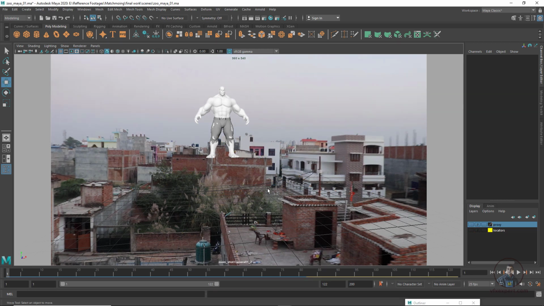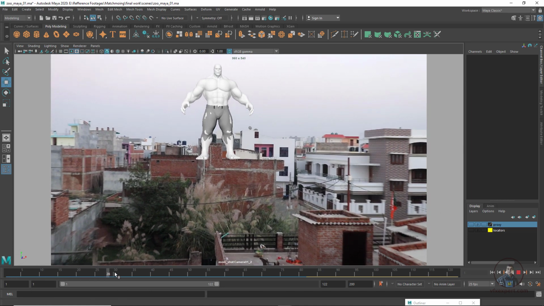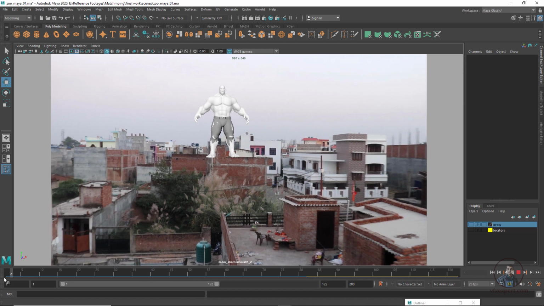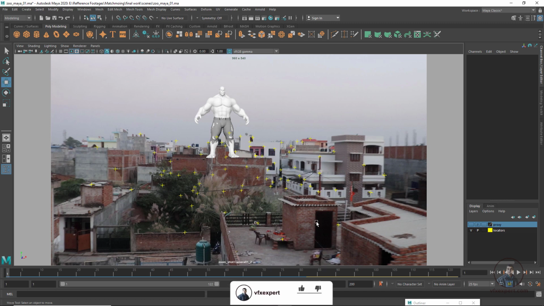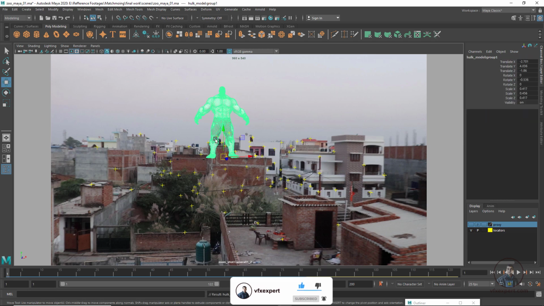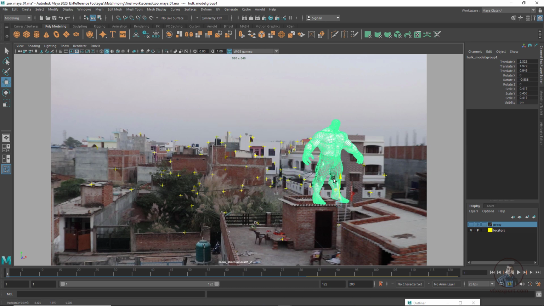Even if you want, you can also hide the grid here. Just select and hide. Now you can see, I think this is looking good. Even if you want, you can also place it here. Open our locator, because there is no perspective change, so you can directly move your object onto this point. Now I am going to move this object onto this position, then again V. I have adjusted it here.